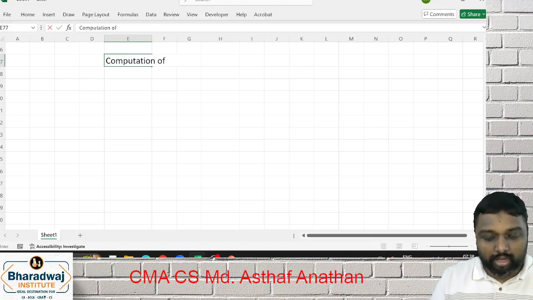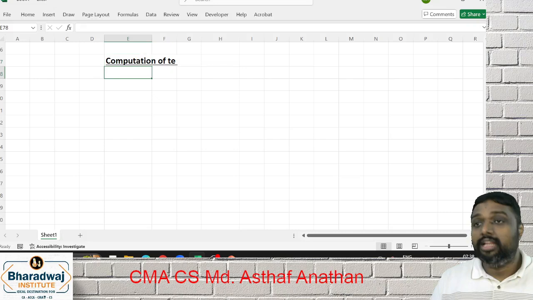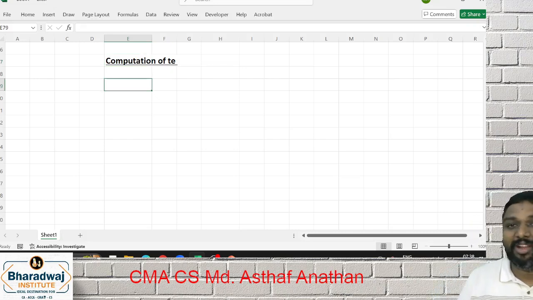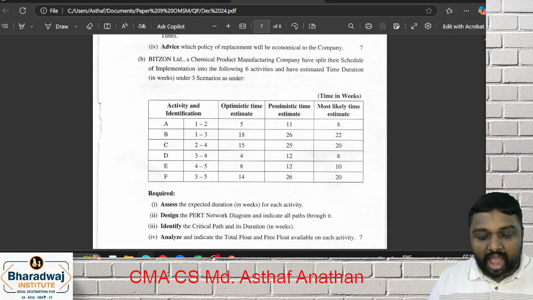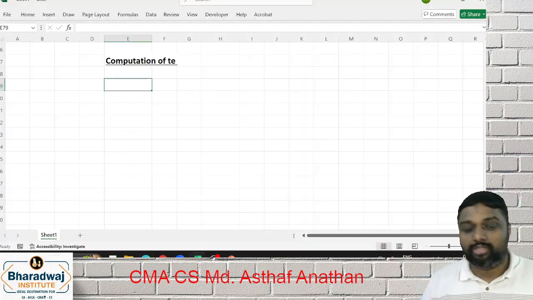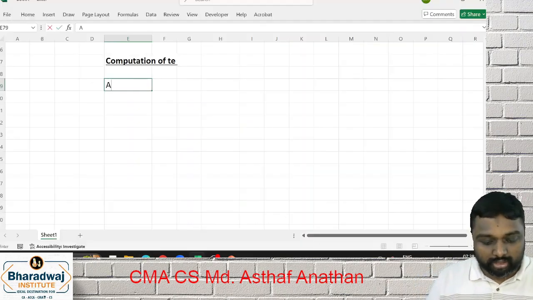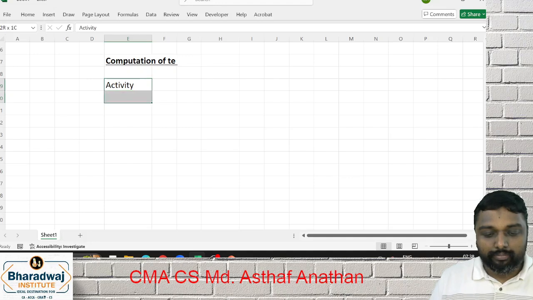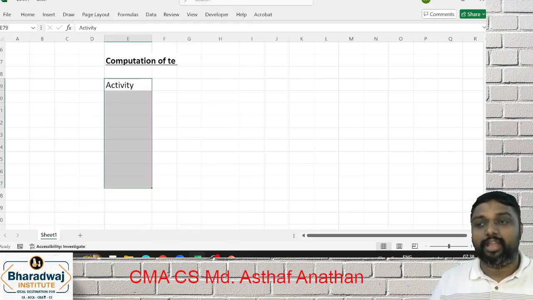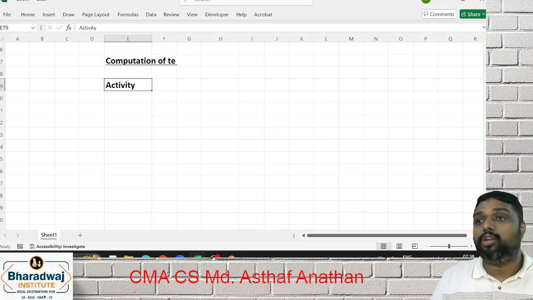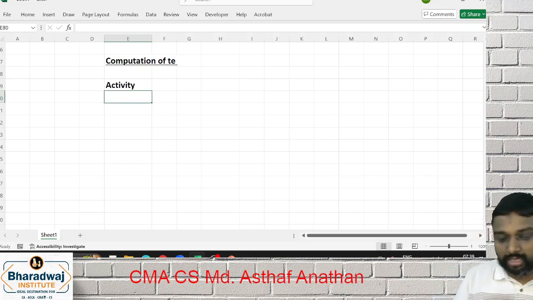TE. Here there is no need of calculating variance. Some friends may have computed variance, but there is no need. They are not asking you to compute variance, and variance is not required for solving this question. This is how you can save time. Be very clear about what the examiner is asking. You have to practice accordingly.